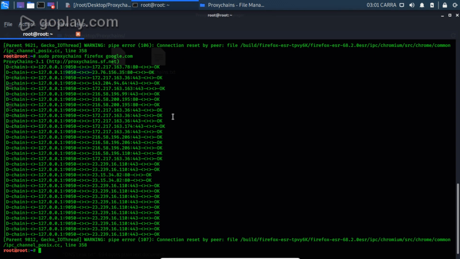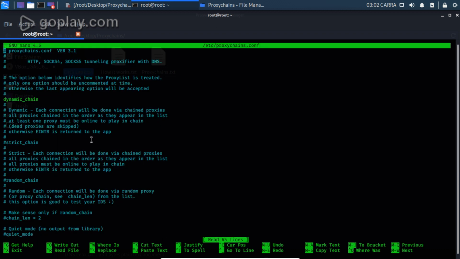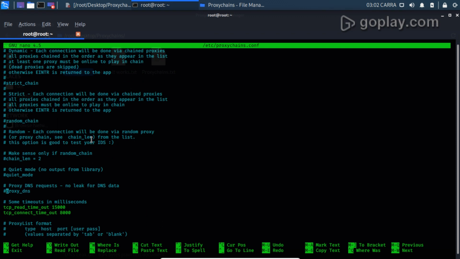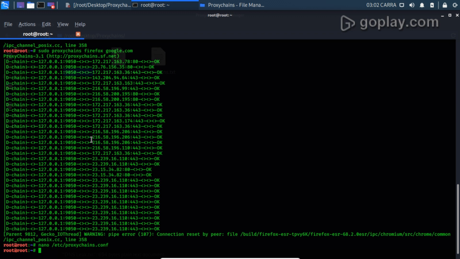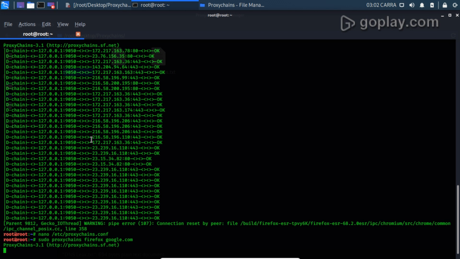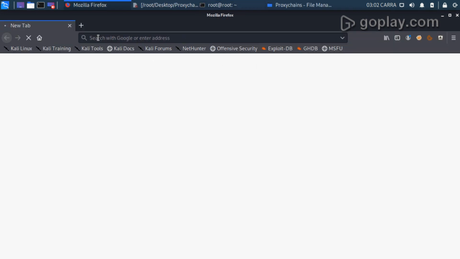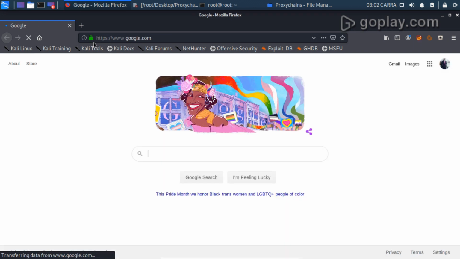Now let us configure our proxy chain file with DNS leak protection and see what happens. Okay, just remove these comments, save the file, Ctrl X, and again start the browser. And now go for the DNS leak test.